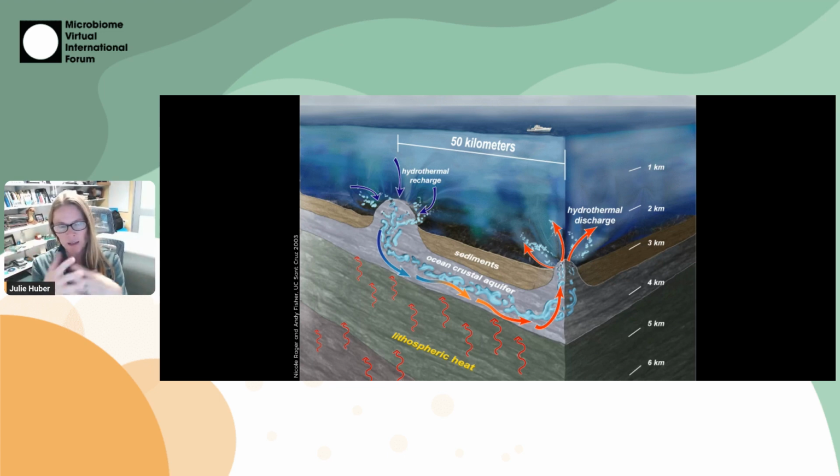And in fact, at about any single point in time, about 2% of the global volume of the ocean is trapped within the oceanic crust with a mean residence time of a few thousand years. So we have this really large habitable volume. We have water moving through it. We have nutrients. We have potential energy sources. We have constant water rock reactions taking place, which means we have this really large habitable volume for microbial life.